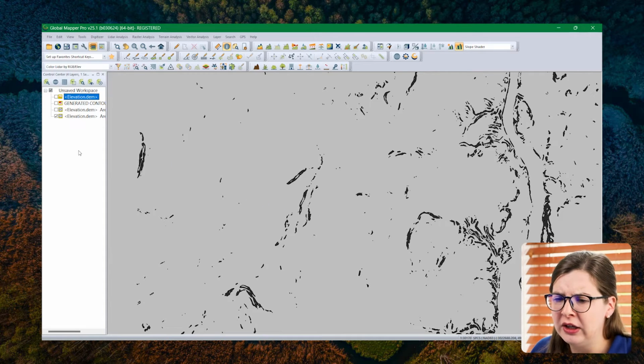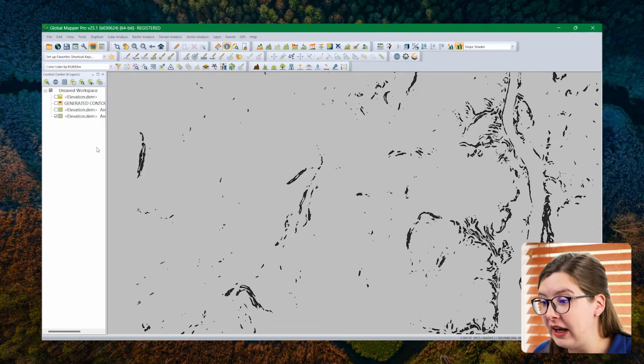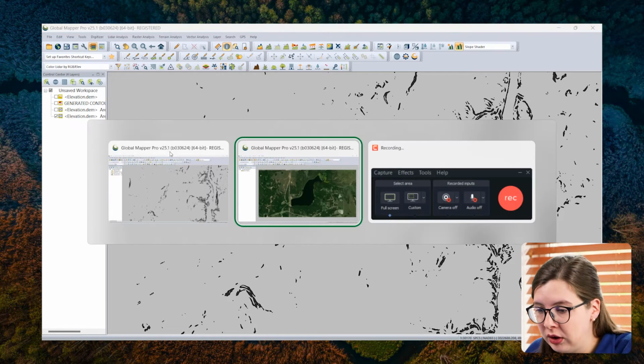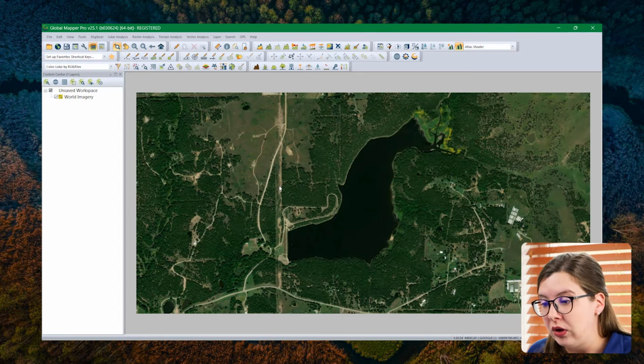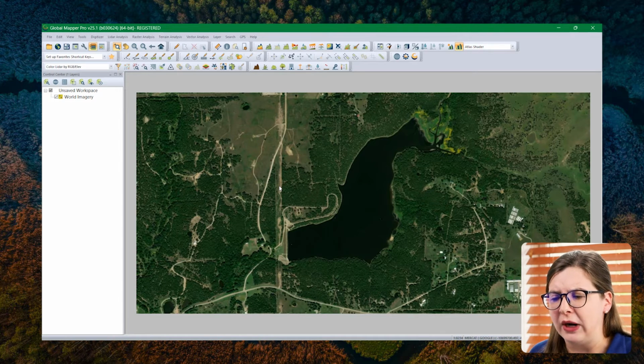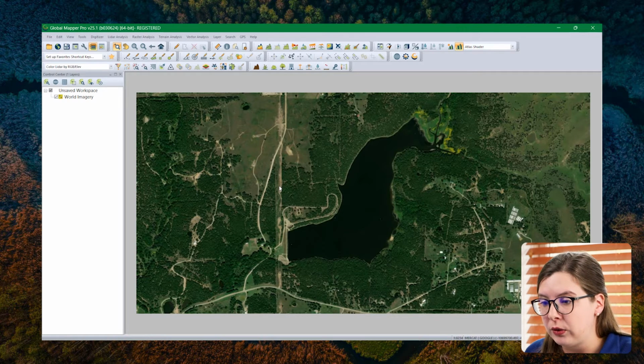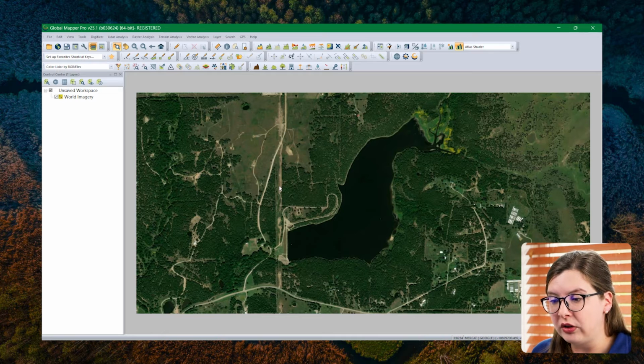So it's very easy. You can do it with just about anything. But next, we're going to go ahead and use this tool on an imagery layer. You could also use it on land cover or just about any raster that has pixels, but for now, we're going to look at imagery. So just as we did with elevation and slope, the Vectorized Raster tool is going to create area features around